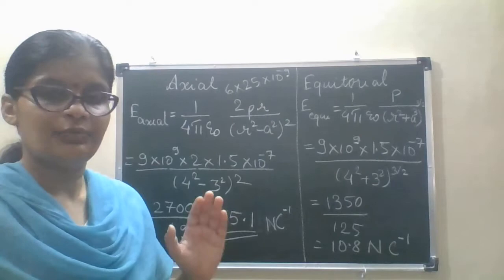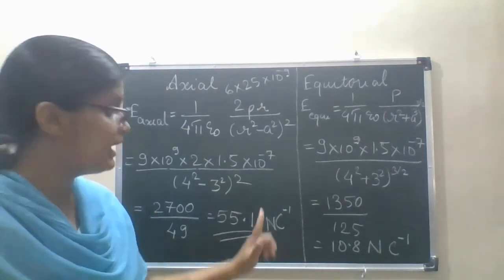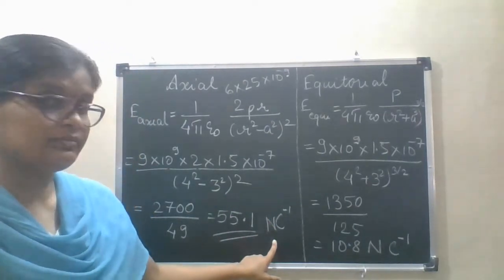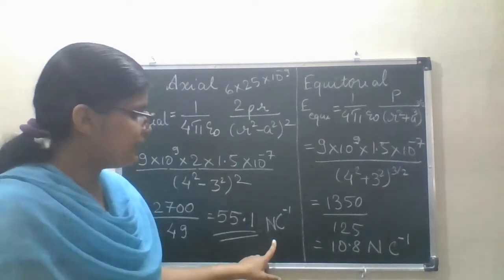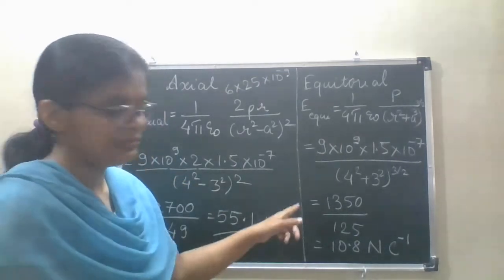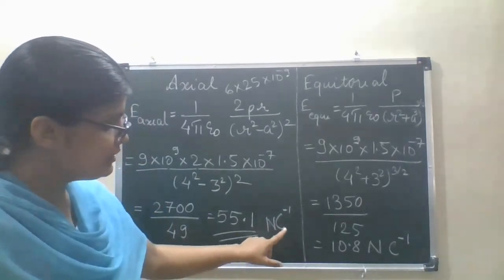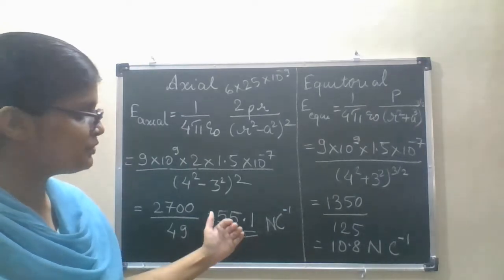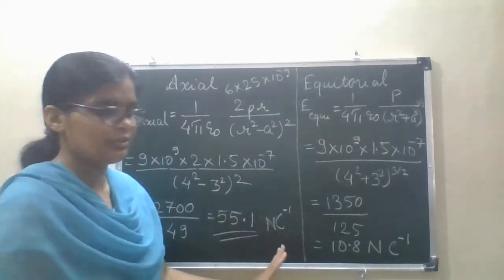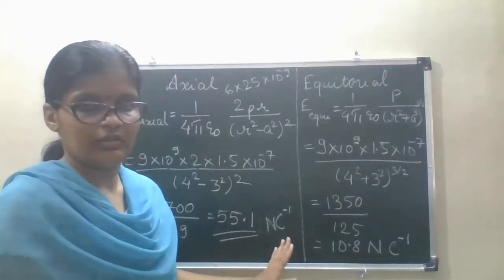As this is the force, we are writing here as a Newton, and as it is in the form of charges, we are writing here Newton Coulomb inverse. Okay, why did this Coulomb inverse come? Because it is Newton, this Coulomb term is at the denominator, and when we take it at the numerator, naturally it will come Coulomb inverse.